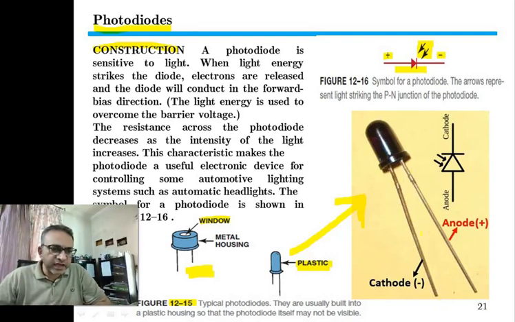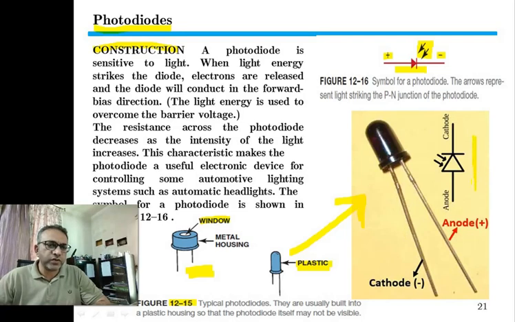Now observe in this diagram again that the photodiode consists of two terminals, the cathode terminal and the anode terminal. The cathode terminal is kept shorter in length, whereas the anode terminal is kept longer in length, so that the user who is using the photodiode can easily identify which terminal is the cathode and which terminal is the anode. And next we have the symbolic representation of the photodiode. Now we come to the next slide.